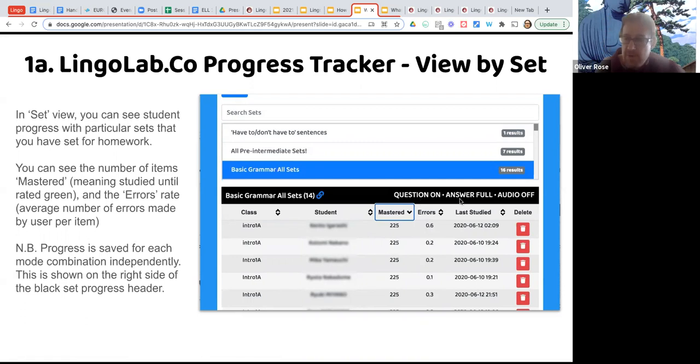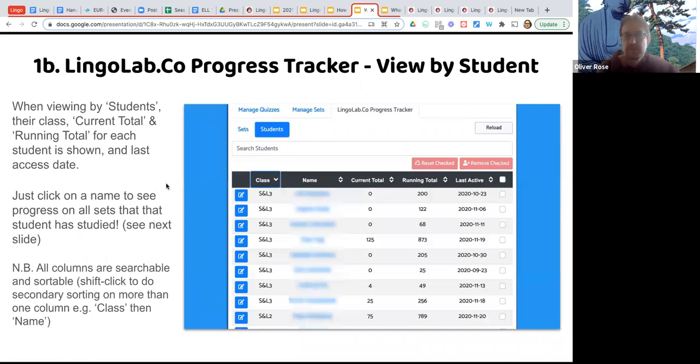We also get the mode information here. You just click there to go straight to the set too if you see it. We can sort the progress here. Good, you can see the last time they accessed it. We can also view the progress by student. So if we get the student view,